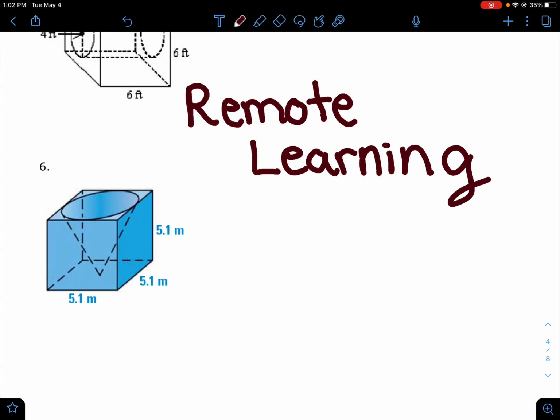with finding the surface area and the volume of composite solids. So we talked about yesterday what our first step is when we are determining the surface area and the volume. It's just figuring out what shapes our composite is made up of. And so if we look at number